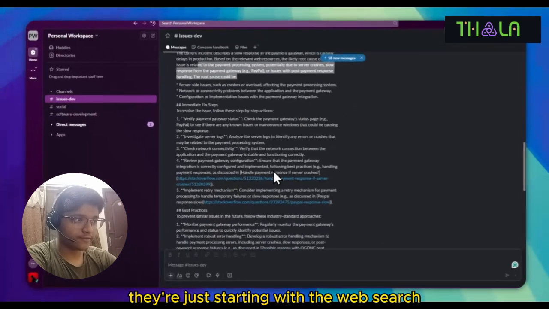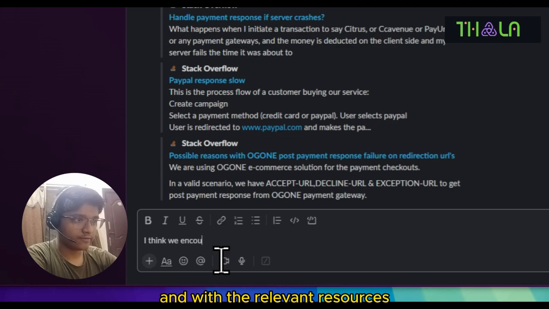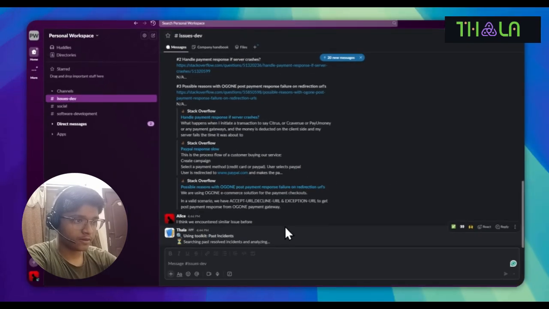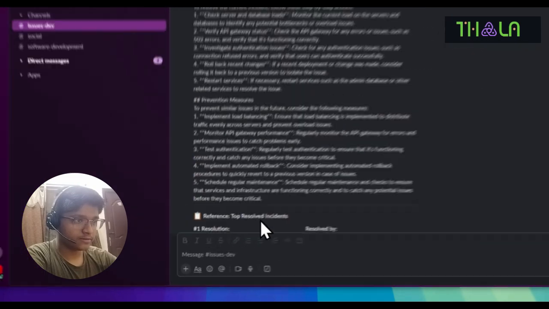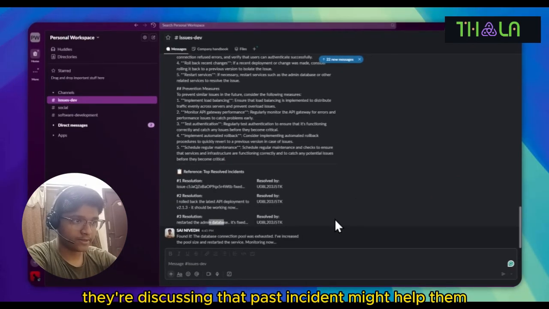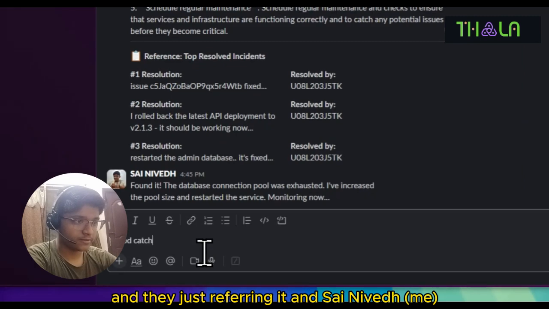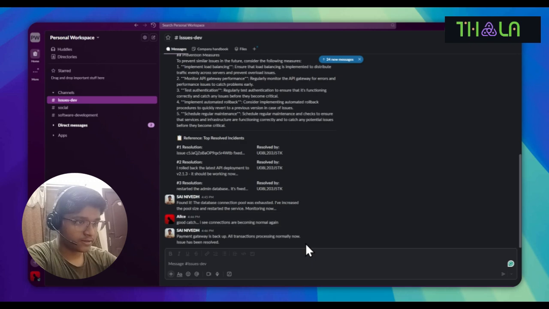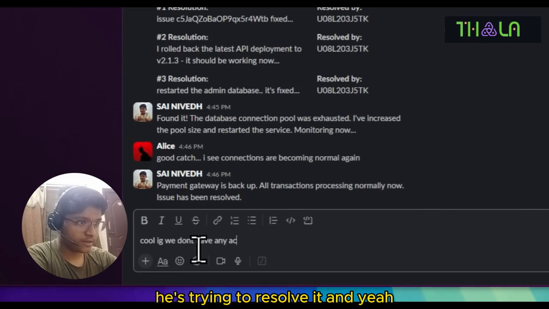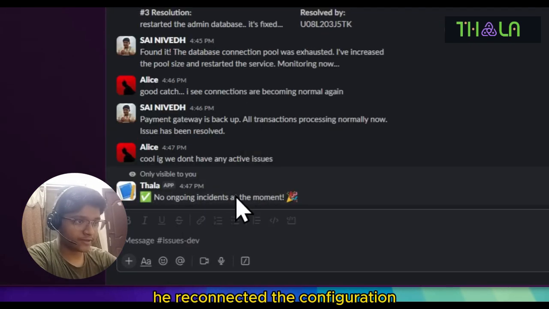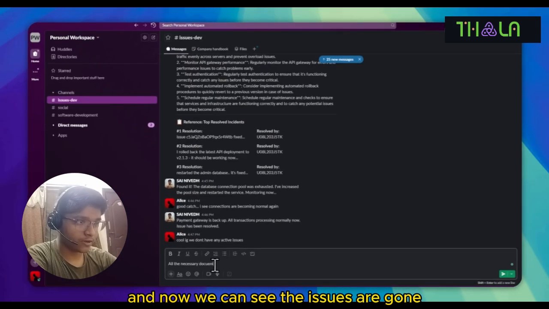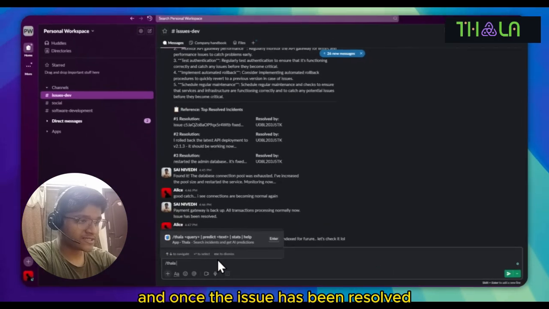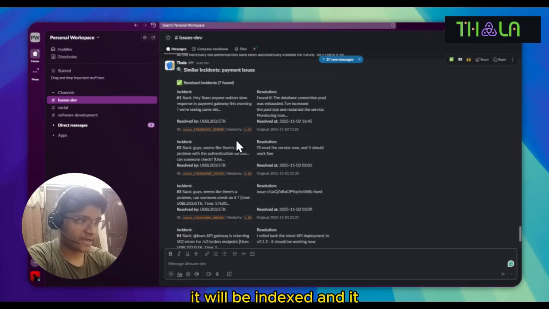Okay, they're just starting with the web search. And with the relevant resources, it returns the results from Stack Overflow. And they're discussing that a past incident might help them. And they're just referring to it. And Sai has actually found the issue. He's trying to resolve it. And yeah, he reconnected the configuration and now you can see the issues are gone. It's that simple. And once the issue has been resolved, it will be indexed